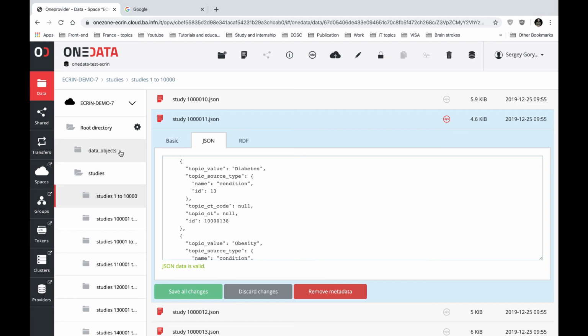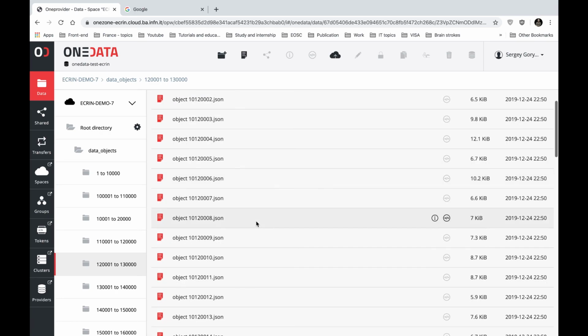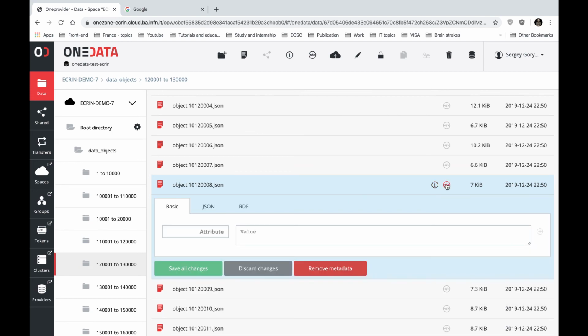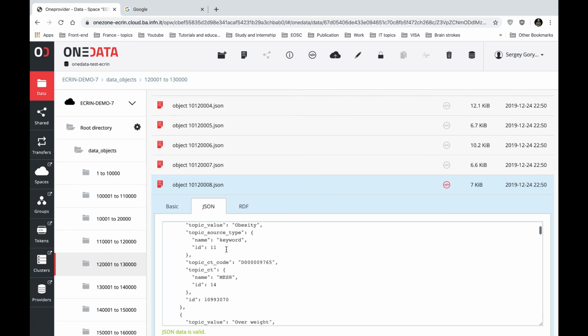And the same thing is for data objects. So if I open a random directory with the data objects and select a random data object file, I will see the information about the file and, for sure, the attached metadata in JSON format, which is also based on our JSON schema for data objects. So now, when we have confirmed that all the files were successfully imported and integrated, let's take a look at the